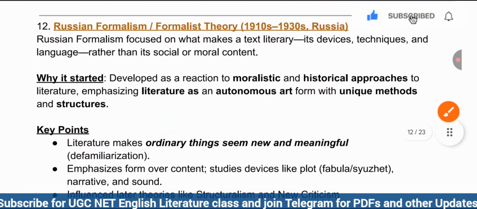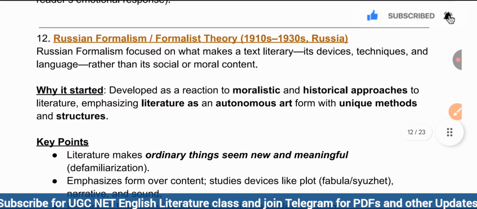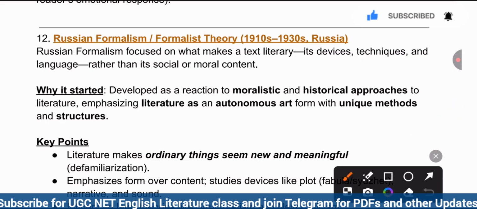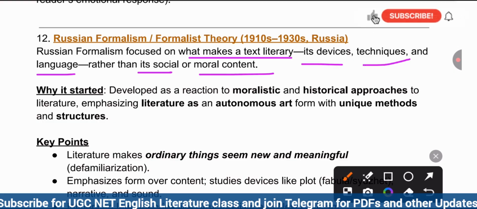Another one we have is Russian formalism, everybody. Russian formalism, what does it mean? Not the writers of any other countries, but the writers and theorists we will find specifically from Russia. So what they talked about: Russian formalism focused on what makes a text literary, its devices, techniques, and language, rather than its social or moral content. It started as a reaction to moralistic and historical approaches to literature, emphasizing literature as an autonomous art with